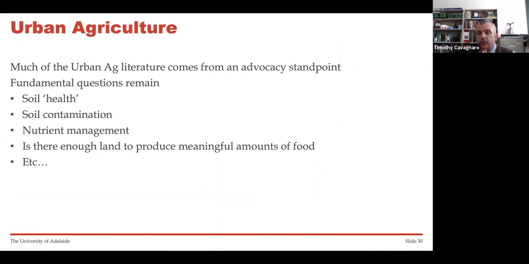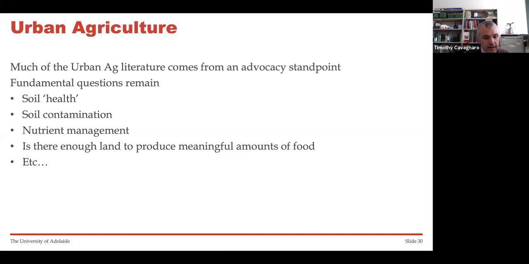So urban agriculture, what I would say is that most of the literature really comes from what I'd call an advocacy standpoint. A lot of it starts from the premise that this is a really good thing. What we wanted to do was to ask some really fundamental questions and really challenge the viability of these